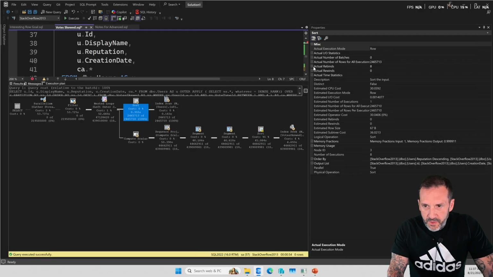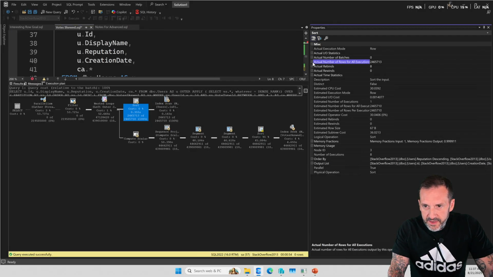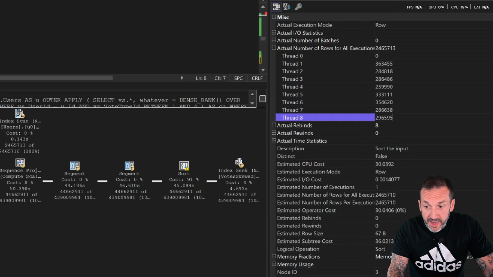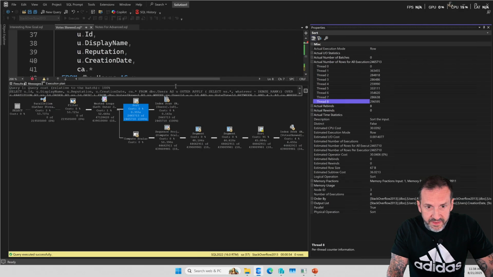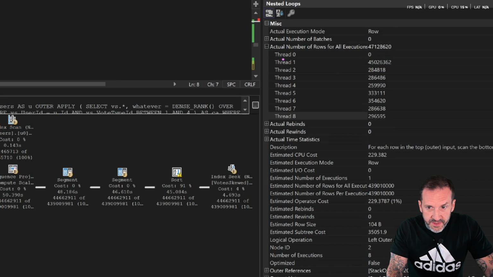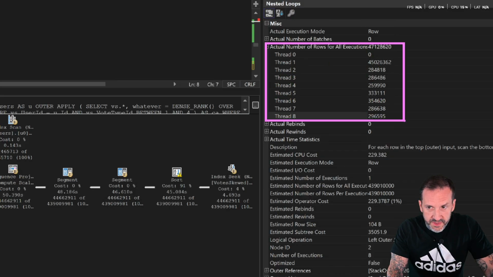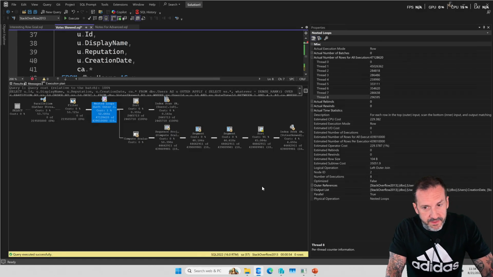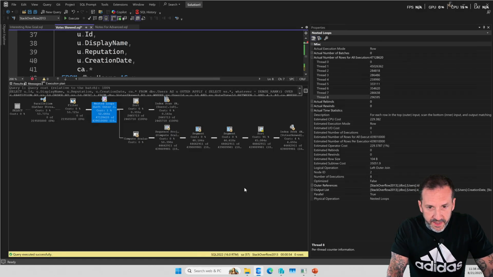And when we go into the sort, if we look at the sort operator, we'll see that parallelism remains pretty even across all of these threads too. We didn't really lose anything here. And when we go into the nested loops join, things are still okay here. We're still doing all right. But now this is where things start to get a little wonky on us, and this is why this lower branch of the plan